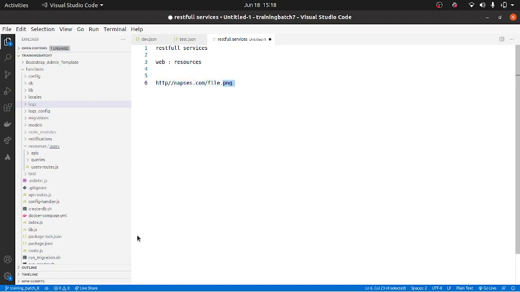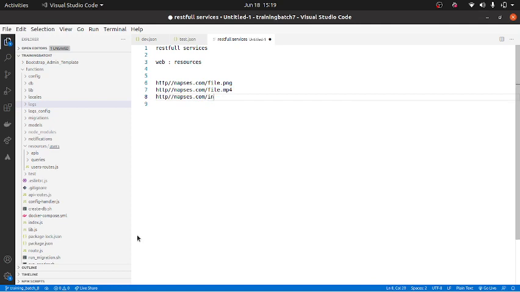Now you will get this image file. Similarly, it can be an image or a video. If I have an MP4 file, I can load this also. Similarly, I can load an HTML file. So various kinds of files can be loaded.